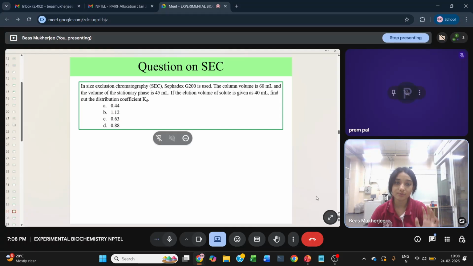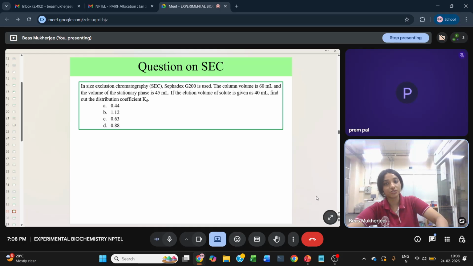Okay, now we have a small question. So it's a numerical question. In size exclusion chromatography, Sephadex G200, this is the column name, what does G200 mean? Up to what molecular weight it can separate, and all of these. So G200 is useful for separating a specific range of molecular weights of proteins. You can read about this. There is S75, S600, S200, S300, all of these different types of